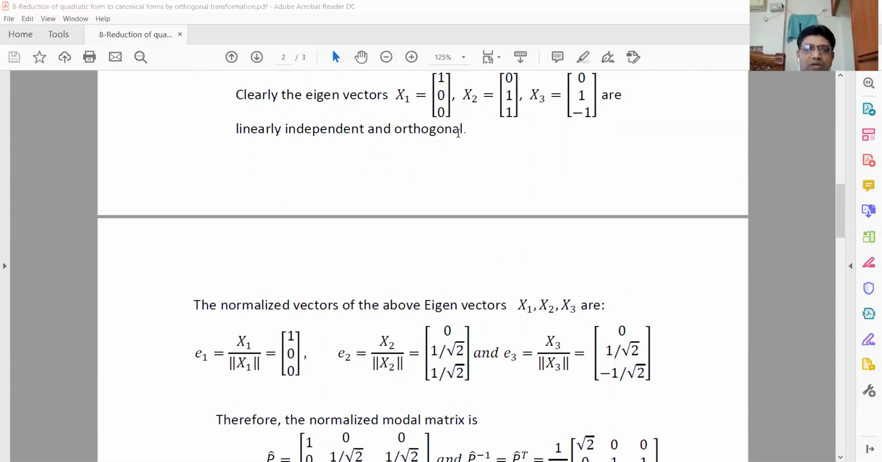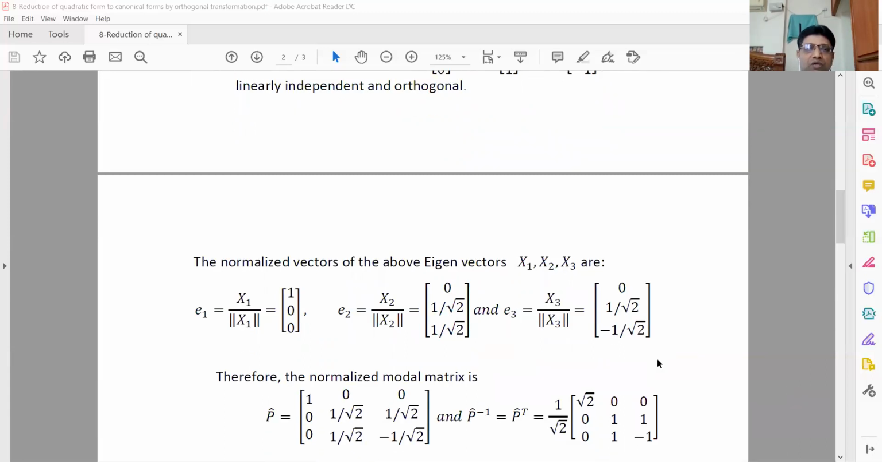So norm of the first one is 1, 0, 0. Second one is 0, 1 by root 2, 1 by root 2. Third one, the norm is 0, 1, minus 1. Square root of 0 is 0, 1 square is 1, minus 1 square is plus 1. So which is root 2. So I divided each vector with its norm. So we got 1 0 0 here, the first one. Second one is 0, 1 by root 2, 1 by root 2, 0, 1 by root 2, minus 1 by